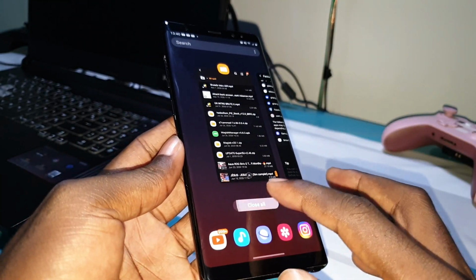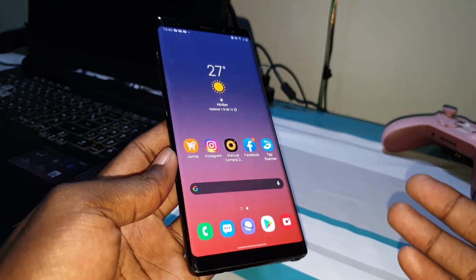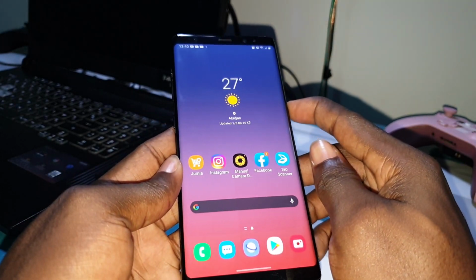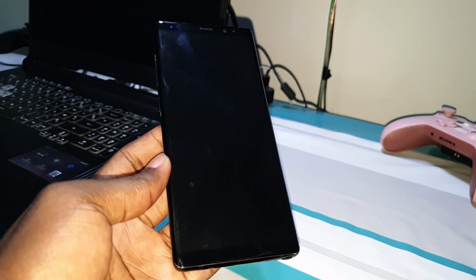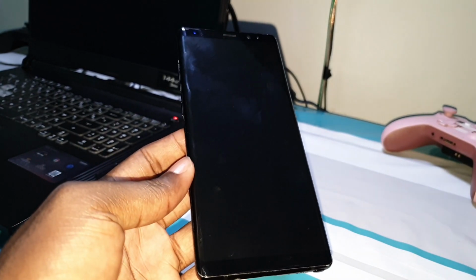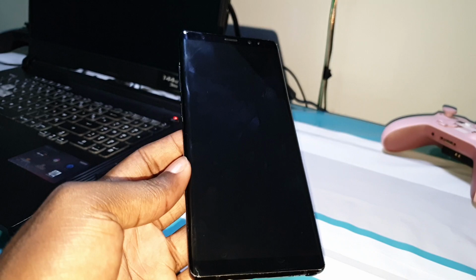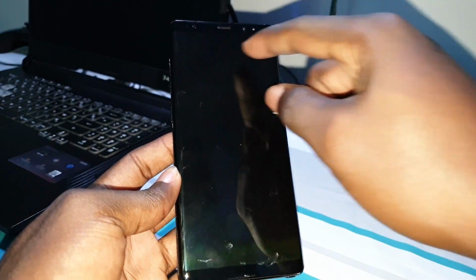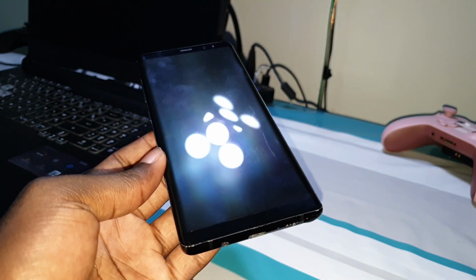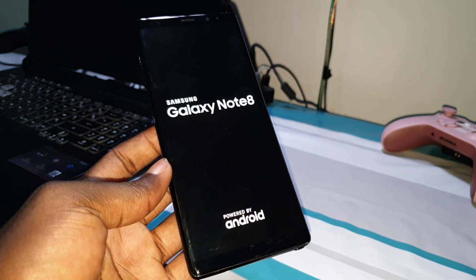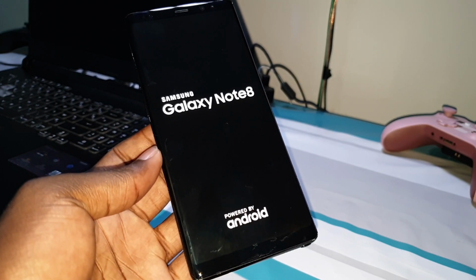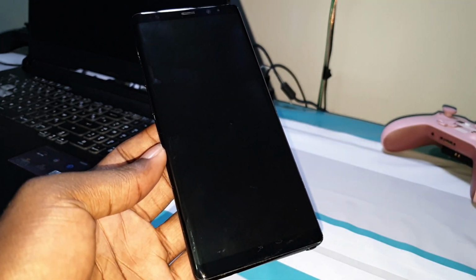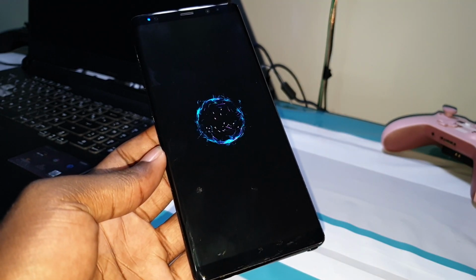After this, your phone will reboot many times. Your phone will restart many times. You will see a LED appear here, and now you are ready to access your phone after reset. This can take 5 to 10 minutes.